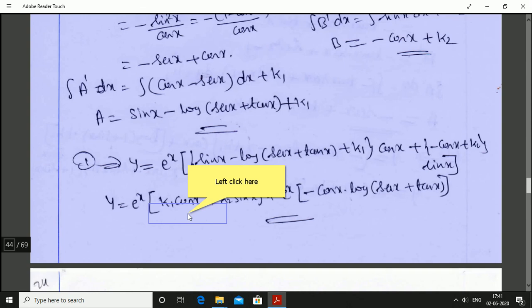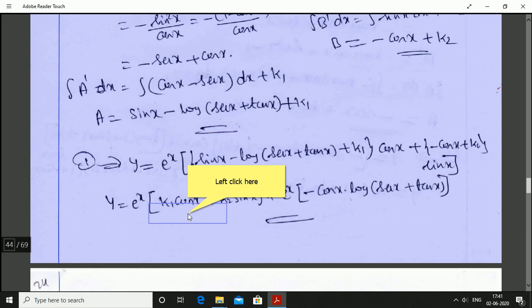We'll summarize this. Okay, look at this. Variation of parameter method is a powerful method to solve linear differential equations. In this method, first we write the auxiliary equation for the given differential equation. By solving the auxiliary equation, we write the complementary function. Based on that complementary function, we assume the general solution just by varying the parameters c1 and c2 by functions of x, a and b. The assumed general solution is of the form a into y1 plus b into y2. We note down the y1, y2 values.